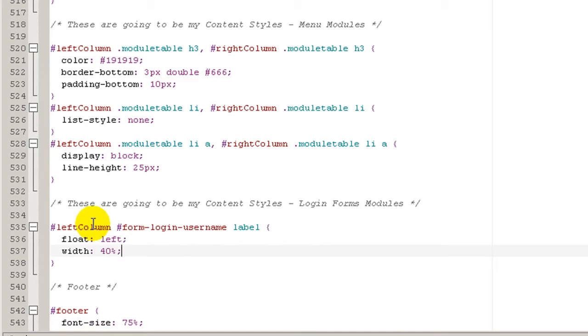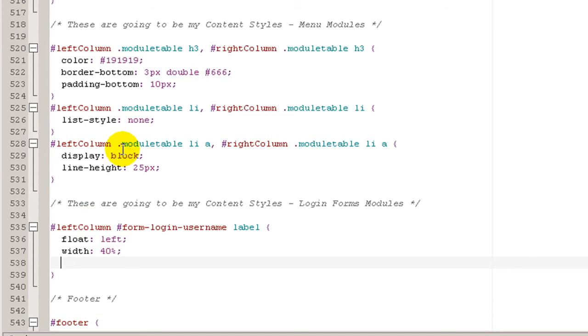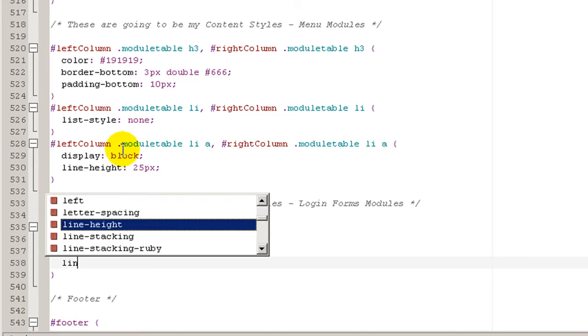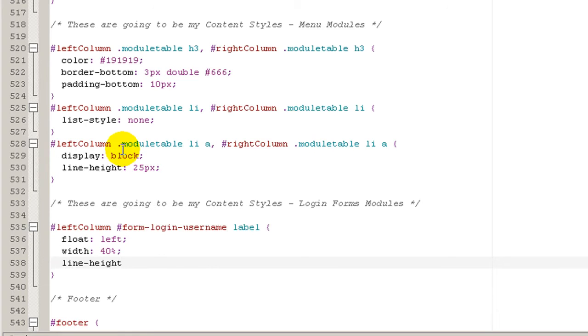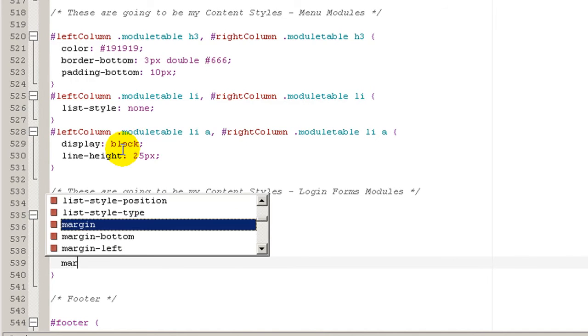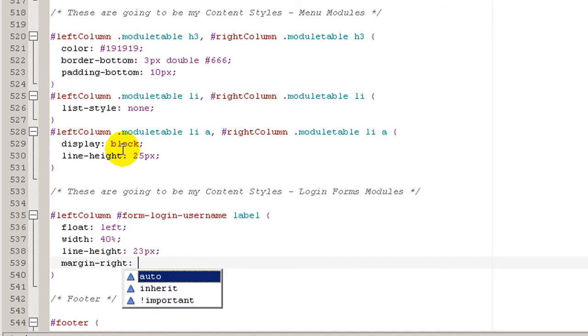Because with the percent you are going to be able to increase the size automatically in case you disable the left column and the right column. Click enter and then line height we are going to use in this case 23 pixels, semicolon, and click enter and write down a margin to the right there, and we are going to use 1%, semicolon,